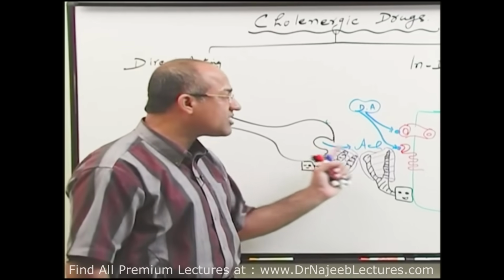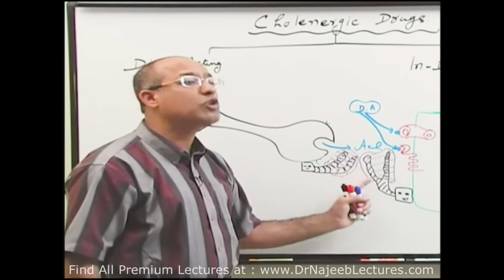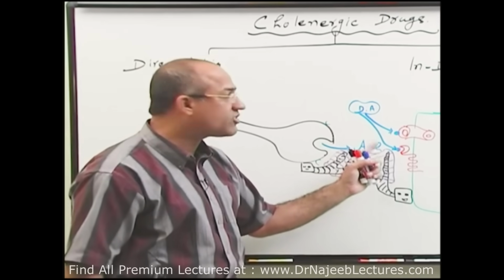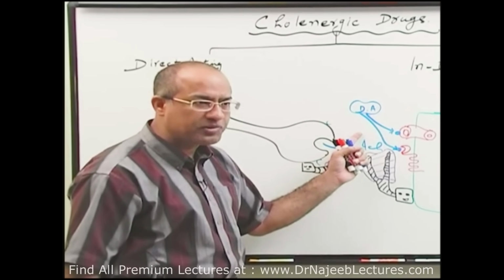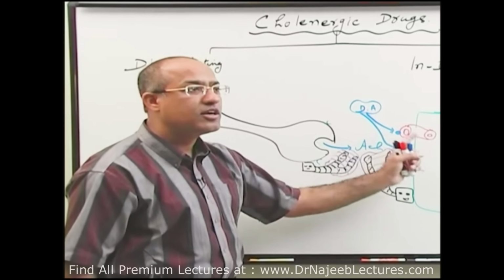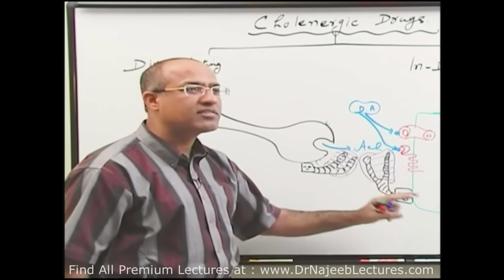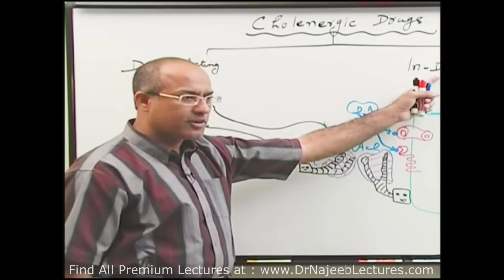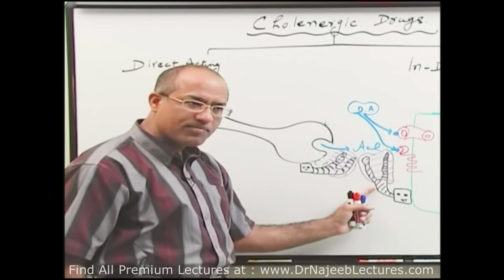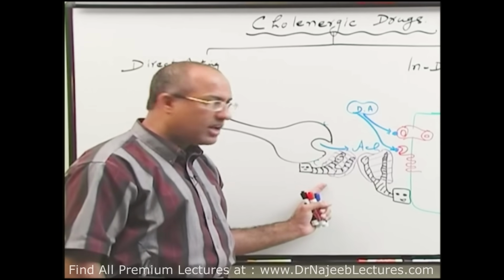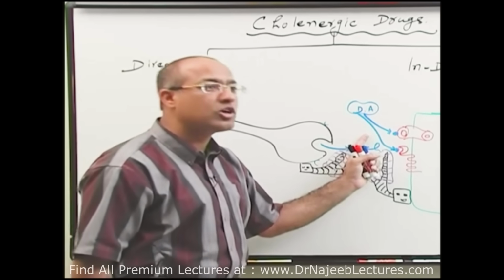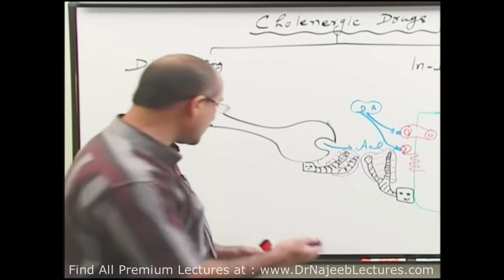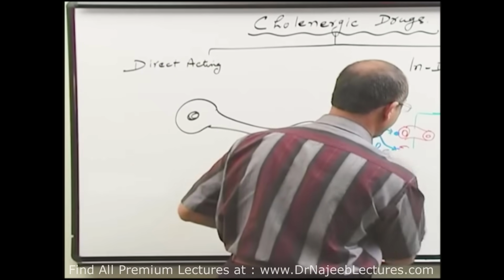When their action is inhibited, then what will happen? Whatever endogenous acetylcholine is released, it is not destroyed and its life increases, and acetylcholine accumulates at the synapses and its action on the cholinergic receptors increases, right. In this way, indirect-acting cholinergic drugs, by inhibiting acetylcholinesterases, enhance the action of endogenous acetylcholine. Am I clear? No question? Now let's go into a little detail.